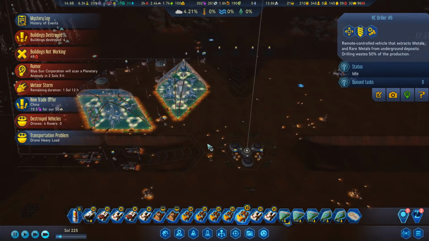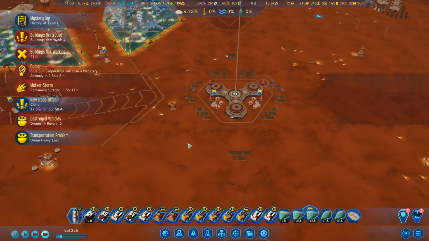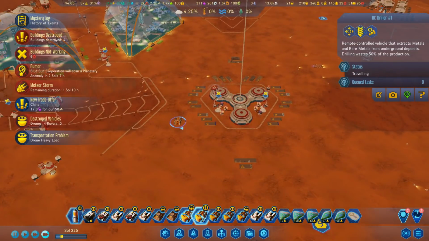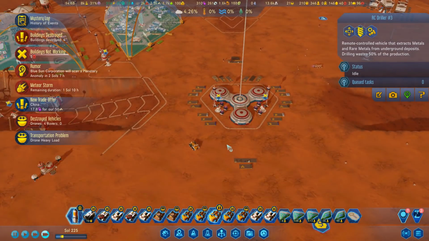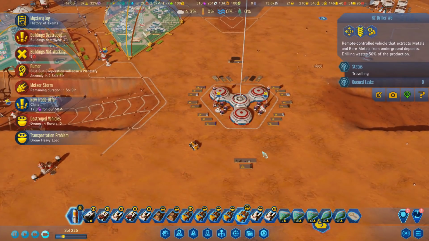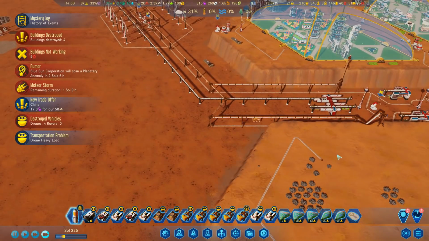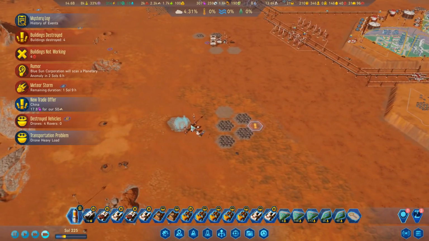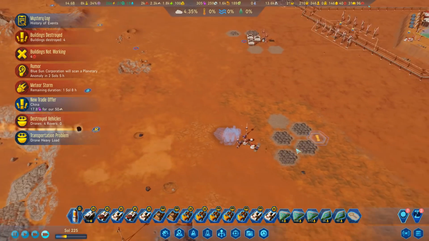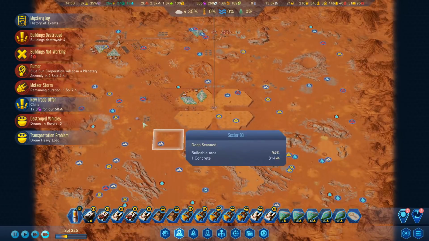Let's get that somewhere safe. Go over there. In fact, let's have all of our drillers come over here. Now, I'm probably going to be sending these down into the underground so that they can dig up stuff down there, because they've dug up pretty much everything up